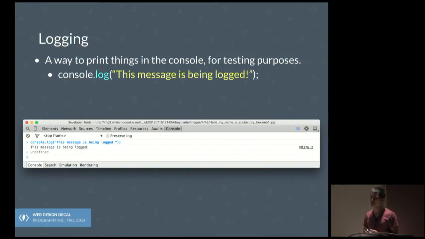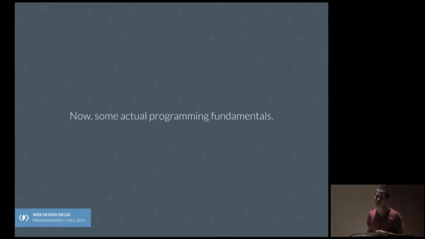And you might be thinking, well, why is that very important? It doesn't show up on my page, so why would I want that? Well, when you get to debugging, which is the process of fixing errors in really large JavaScript applications, the best way to test is to print out what certain things are. That way you can test your assumptions, like, is that really doing what I thought it was doing? Is that really the output that I wanted? You can print them out now. So that's what console.log is for.